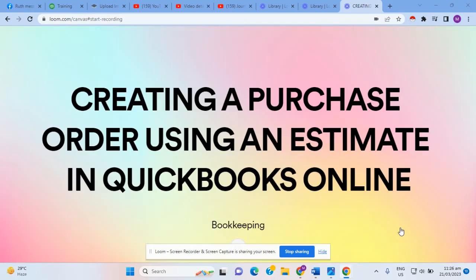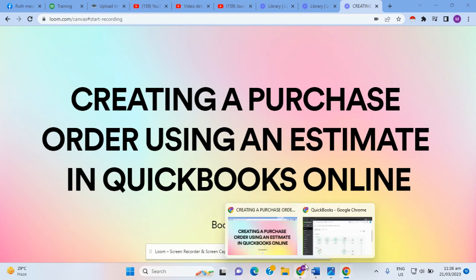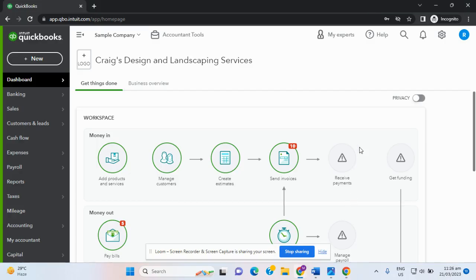So now let me teach you how to create a purchase order using an estimate in QuickBooks Online. All right, so now let's dive into our sample QuickBooks Online account. And you have first to take note that creating purchase order is available only in QuickBooks Online Plus and Advanced subscription. And also, you have to first enable that option in our account and settings for us to create a purchase